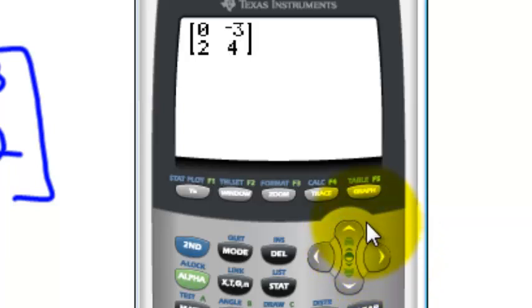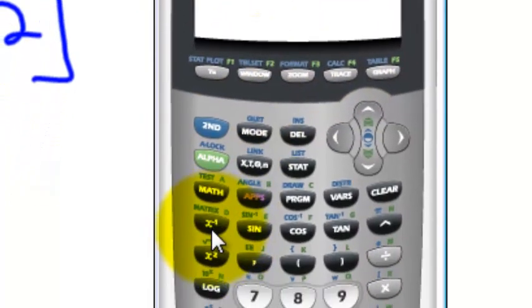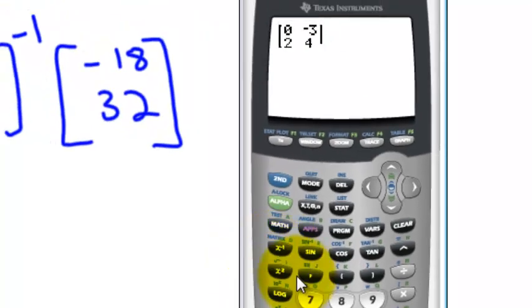Now at this point, I've entered that matrix in, and I'm going to say that it's the inverse of this. The inverse button is this button right here, x to the -1. If we click that button, that will give us the inverse matrix. Now I could just hit enter here and find out what it is, but it's not necessary. Let's now multiply. So I'm going to say times, and now a new matrix,